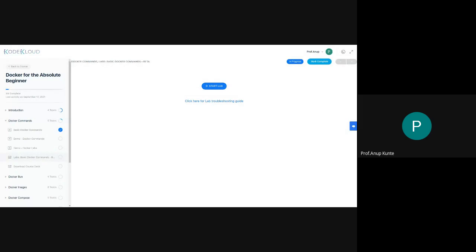Okay, irrespective of whether you have installed it on an EC2 instance or you are working with these labs, you can directly now go to this particular lab. I will be walking through this lab simultaneously. So if you find anything helpful in solving this lab, please go ahead and put it in the chat window.